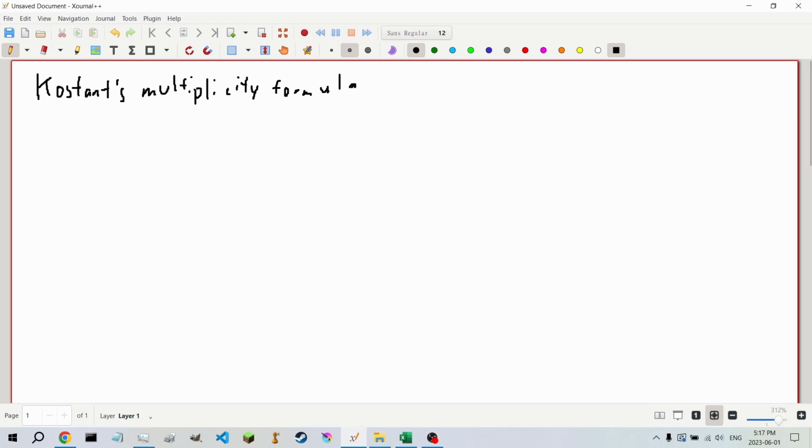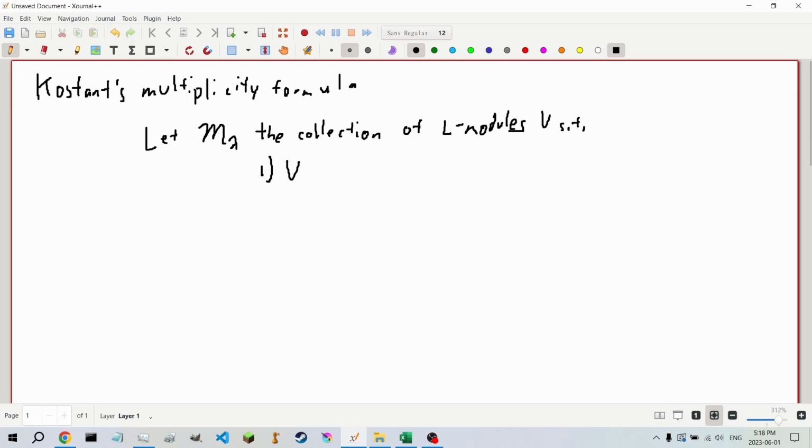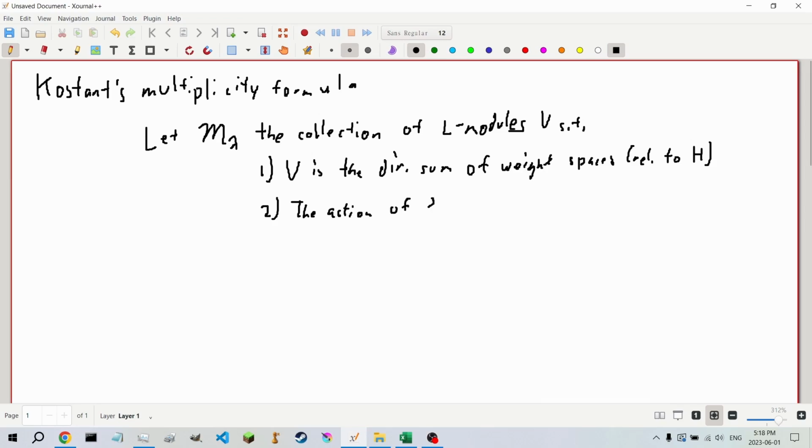So we're going to let M lambda be the collection of L modules, for example, say V, such that for fixed lambda, first off, V is the direct sum of its weight spaces relative to our Cartan subalgebra H. Second is the action of this thing on V is by scalars